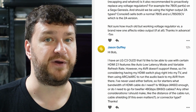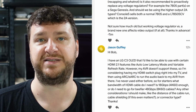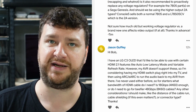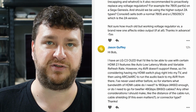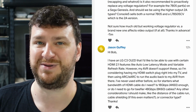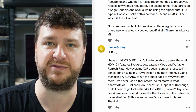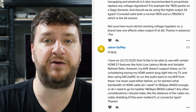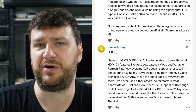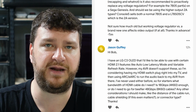So ARC worked perfect, but the amp would randomly change inputs or shut off because they weren't speaking the same language. So the TV must have been doing like a phone home thing, like, hey, make sure we're still connected, otherwise stop playing. And then the amp would interpret that as switch inputs or do something else. So that was a giant pain, and Marantz's customer service was really bad. But turns out that once I used a brand new TV with it, it was fine. Which the only odd part is it was working fine. I'm pretty sure a TV must have done an auto software update that kind of messed with that or something,